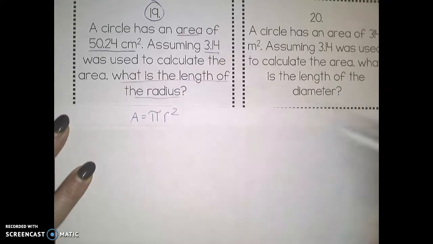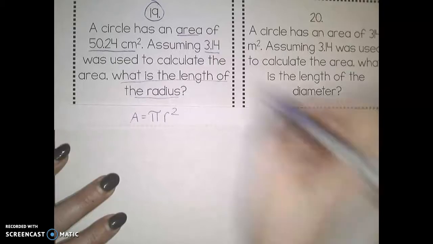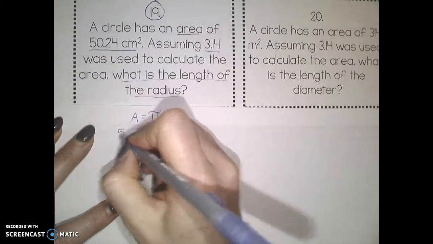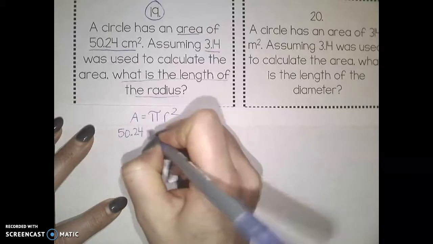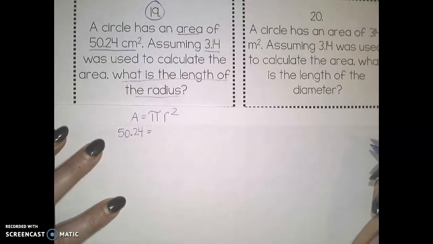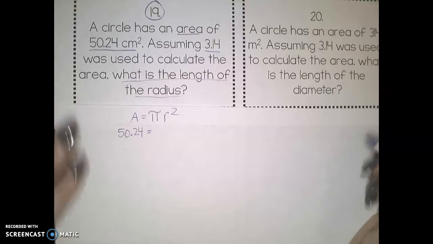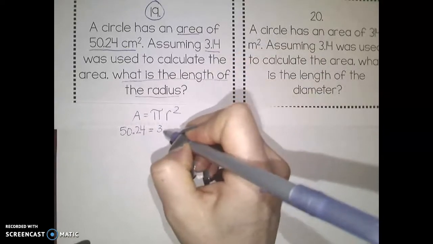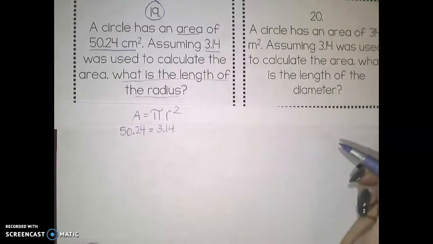This is another reason why writing your formula is super important. It's telling you that the area, capital A, is 50.24. So I'm going to replace A with 50.24. And it's telling me to use 3.14 for pi